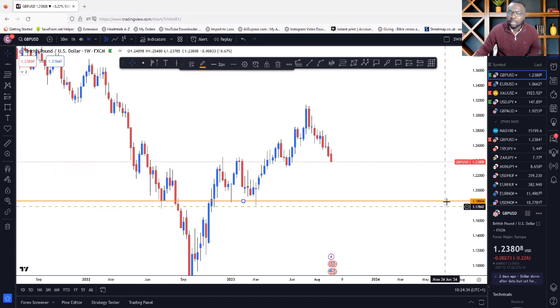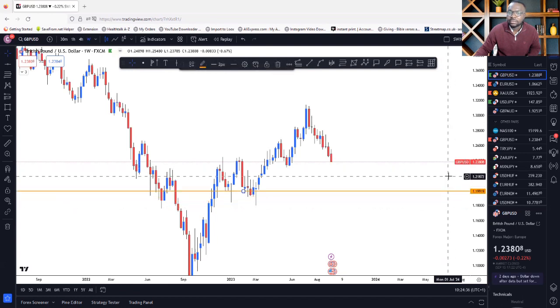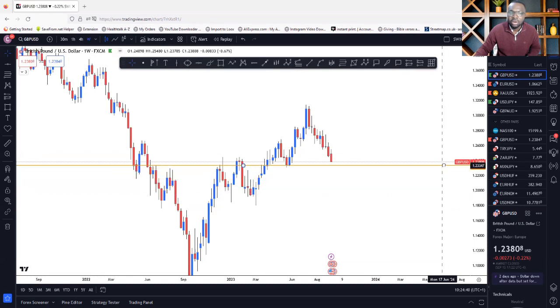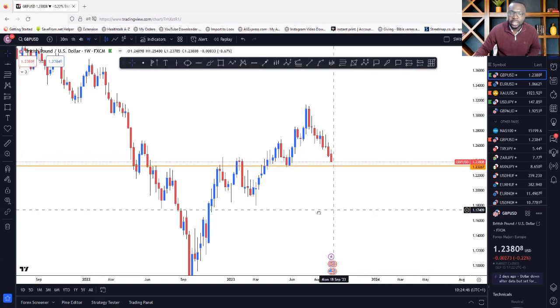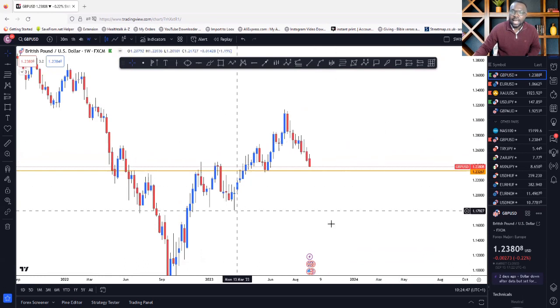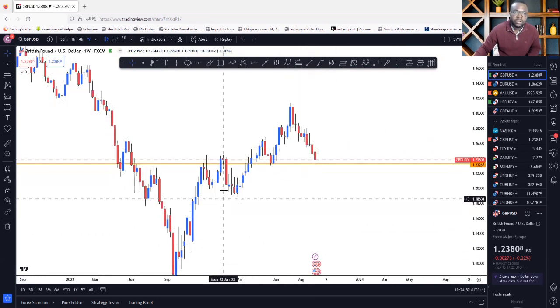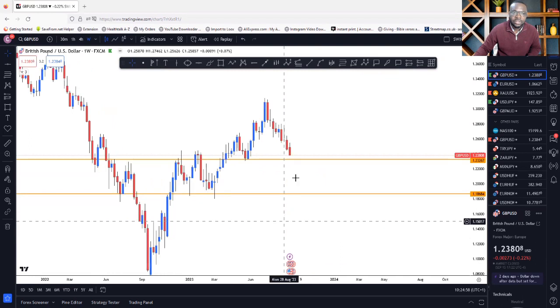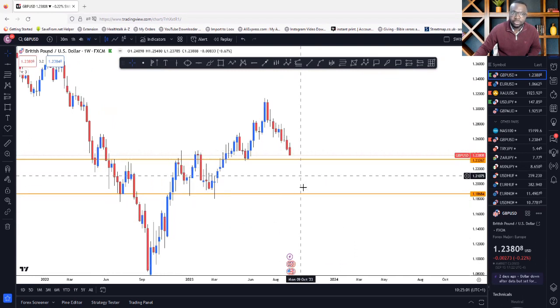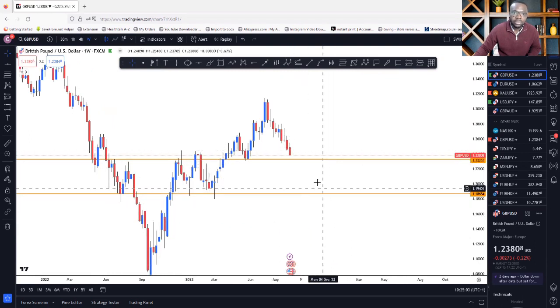Now, price doesn't always give you a line. Remember, we're talking about a zone here. This is a zone. So at this zone level, price will come there and break. We want to see a break of another zone. If price breaks that zone, we should be expecting price action at this level. So if price can break that zone, we should be expecting price here to come down to this level.